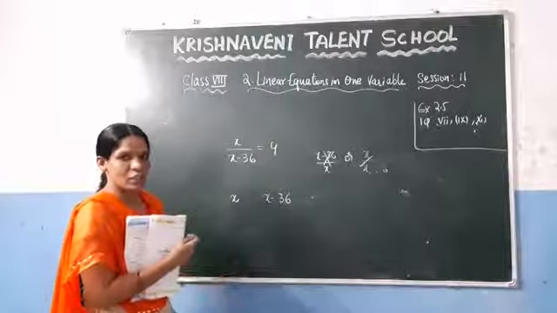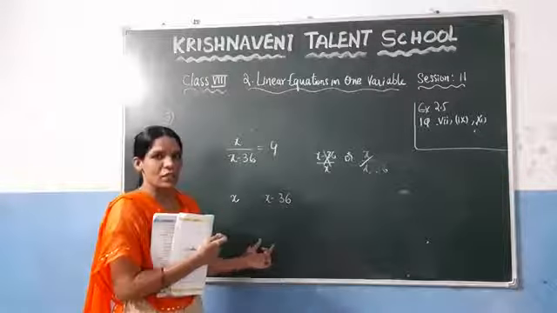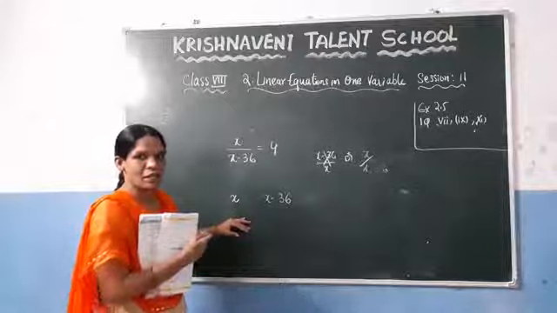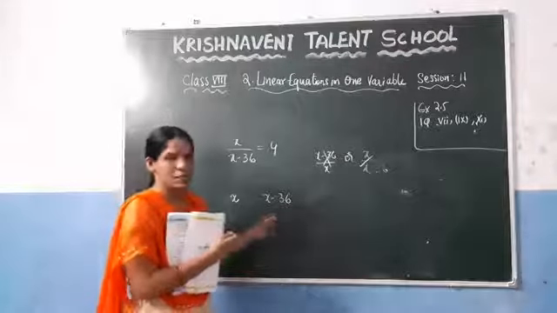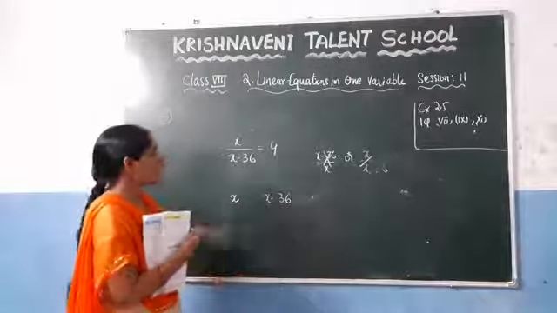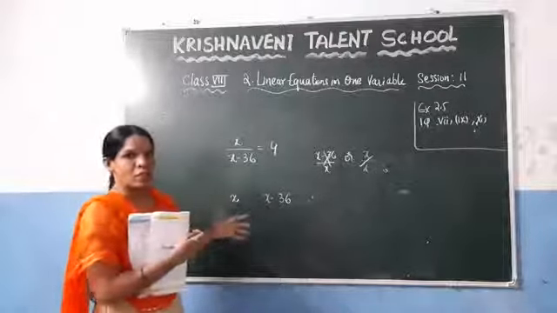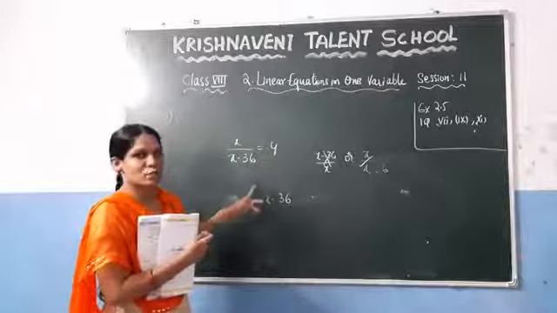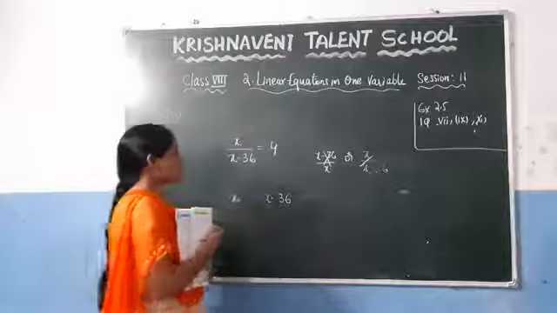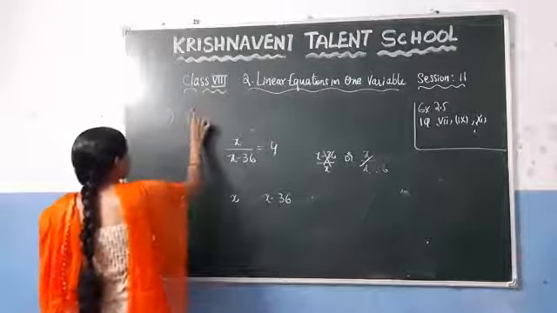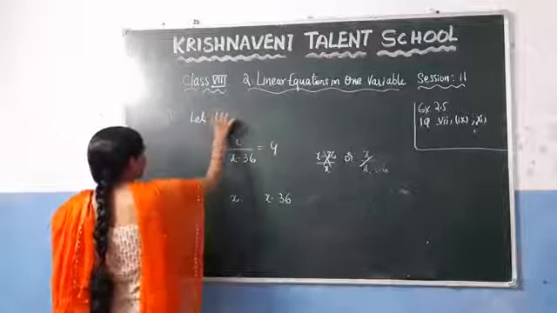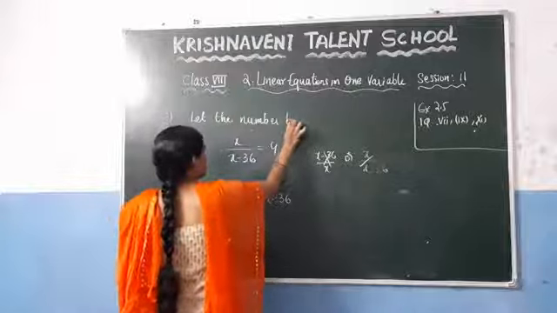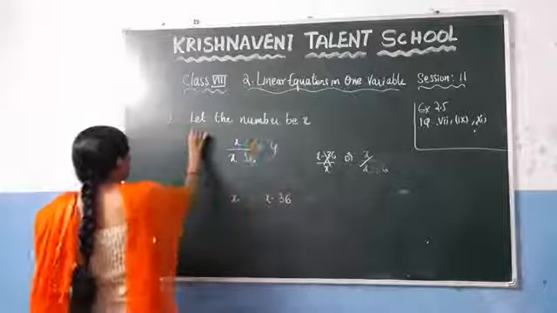Again, what the question says: the difference between the two positive integers is 36. Let us consider one number as x, and the other one is x minus 36. And if you divide those two numbers, you have to get the result which is 4. Now based on this condition, you need to find the value of x. So write it here, let the number be x. So according to the problem,